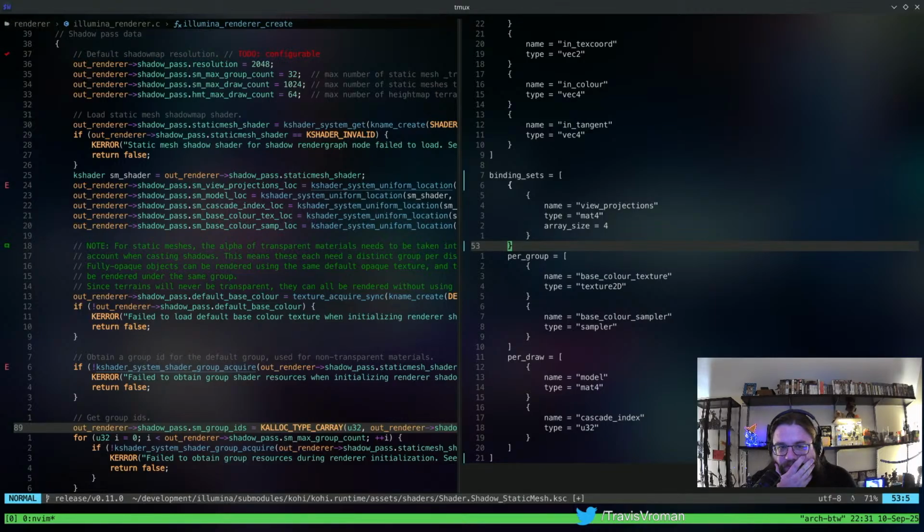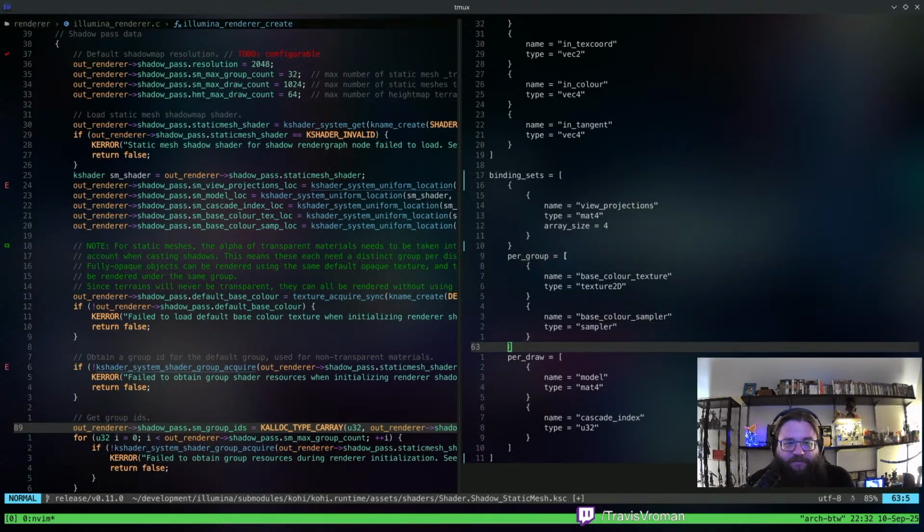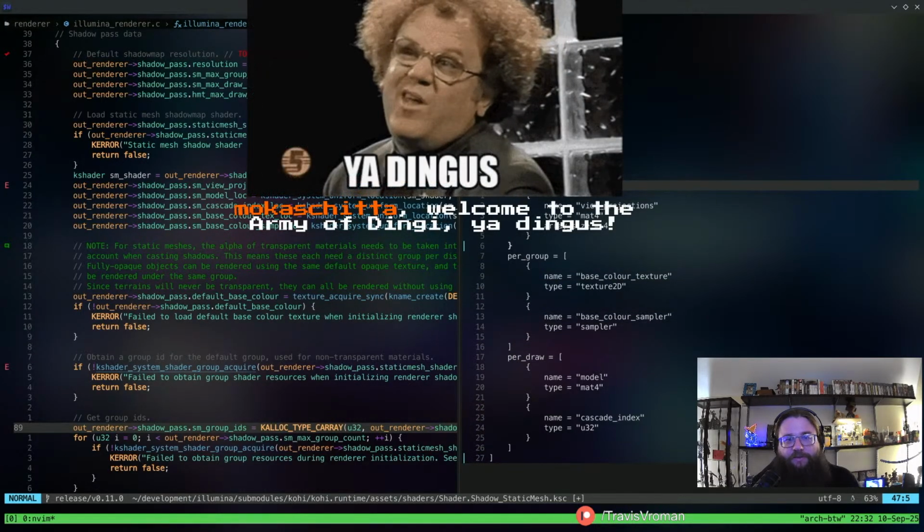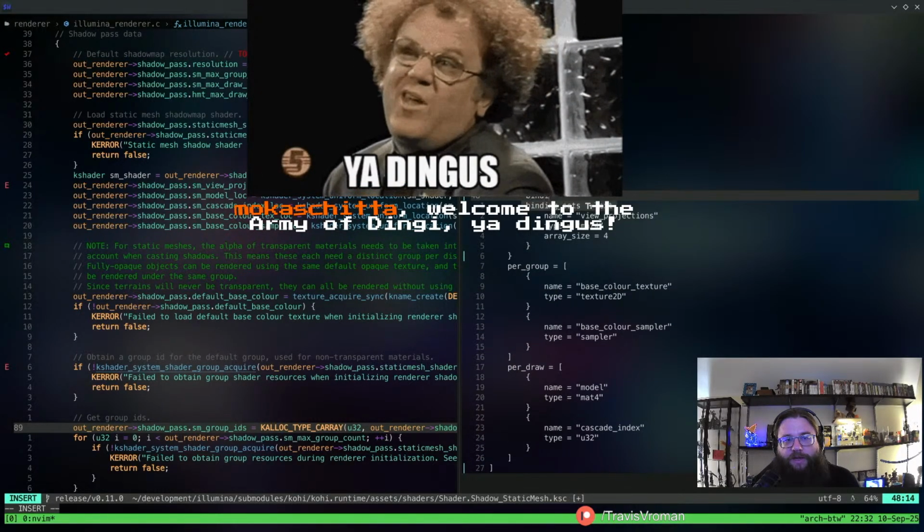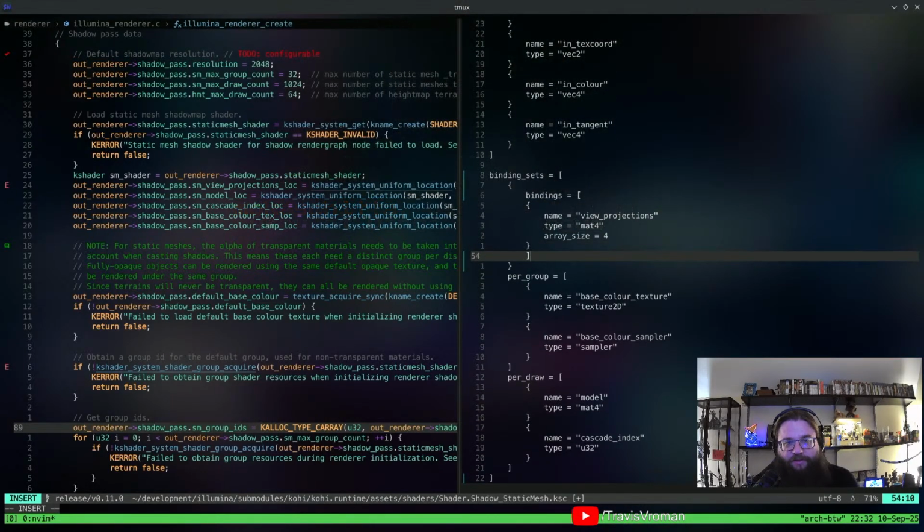Let's see. We do need a base color texture and base color sampler. Those are for transparency sampling, so we do still need those. And then we have these immediates down here that we don't actually need. Okay, so we'll do bindings.